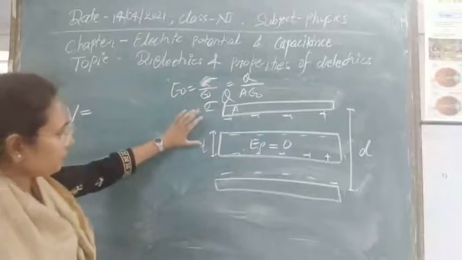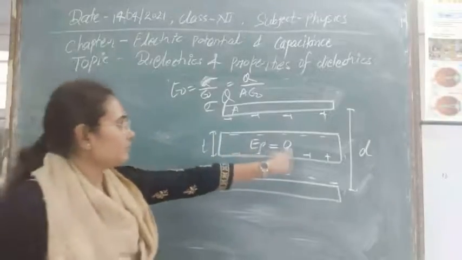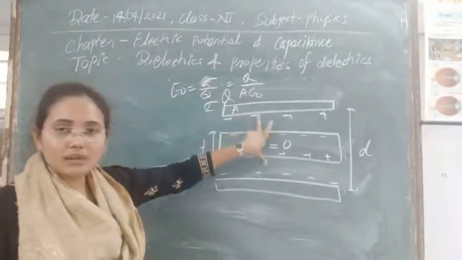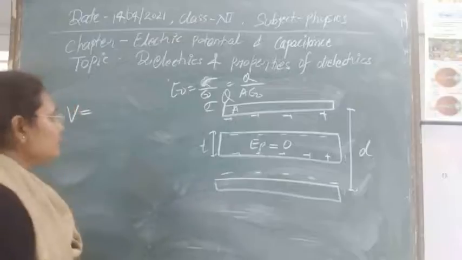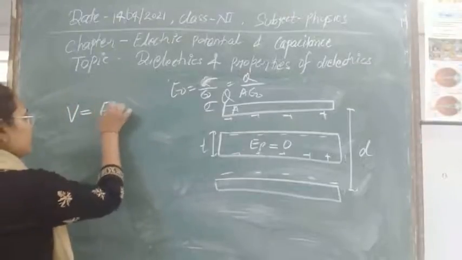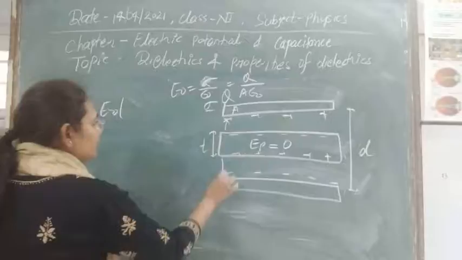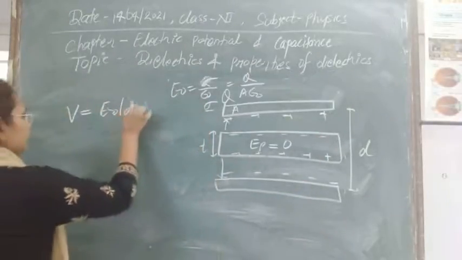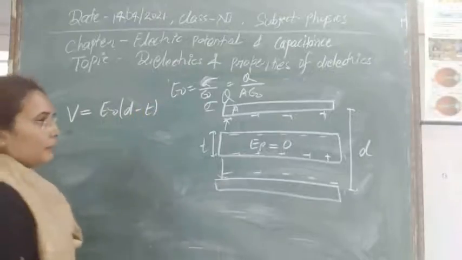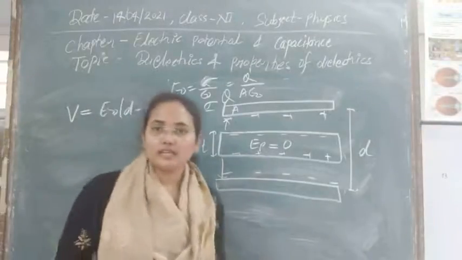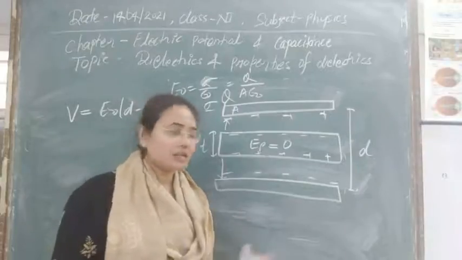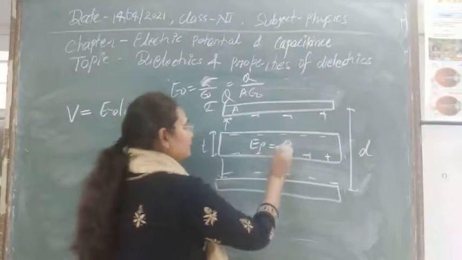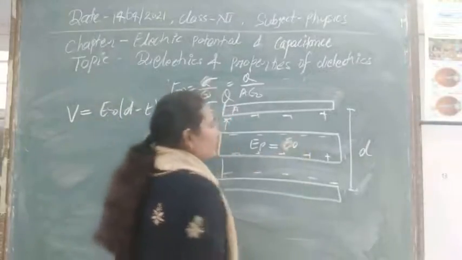But still, if you see it in terms of this one, then that will be 0. And if you see it due to the outward field, that is equal to E0, and that E0 is effective inside the region D minus T. This is the same method that we have used for the dielectric. This E0 field is applicable outside the conducting slab, and this EP is effective inside. So this EP is equal to, actually not E0, this should be equal to E0.